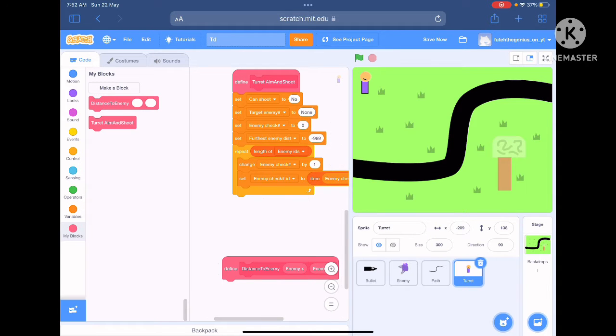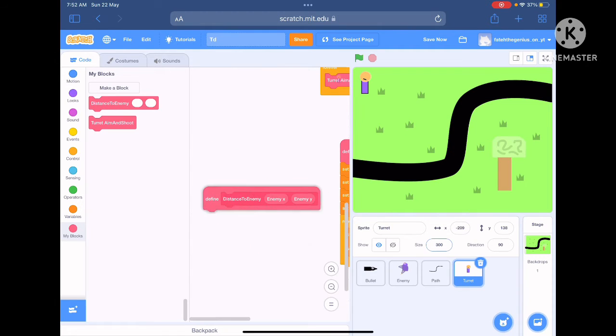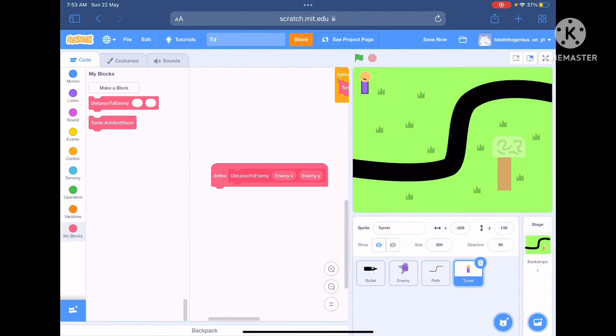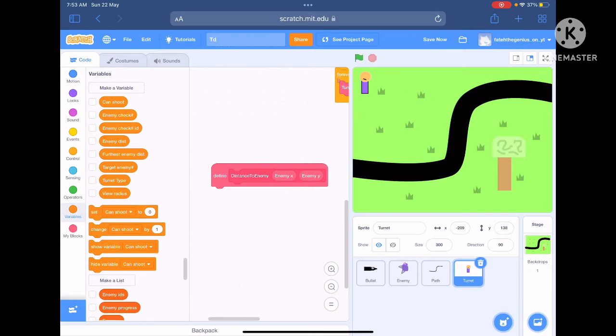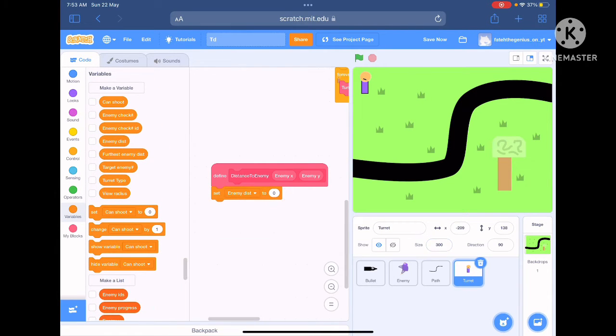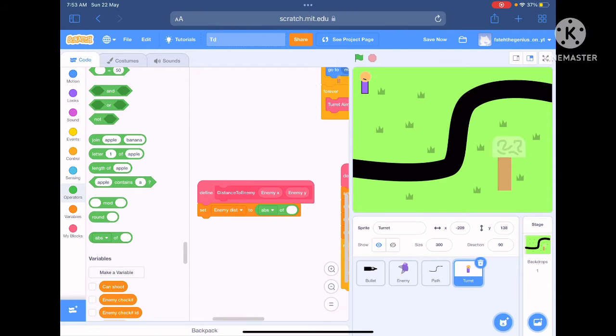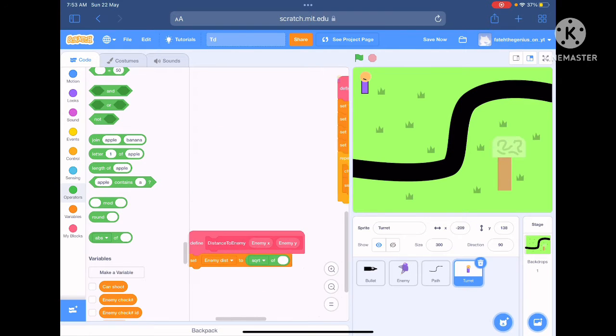Now, at the define distance enemy, the new block that we did, we'll set the enemy distance to the square root of